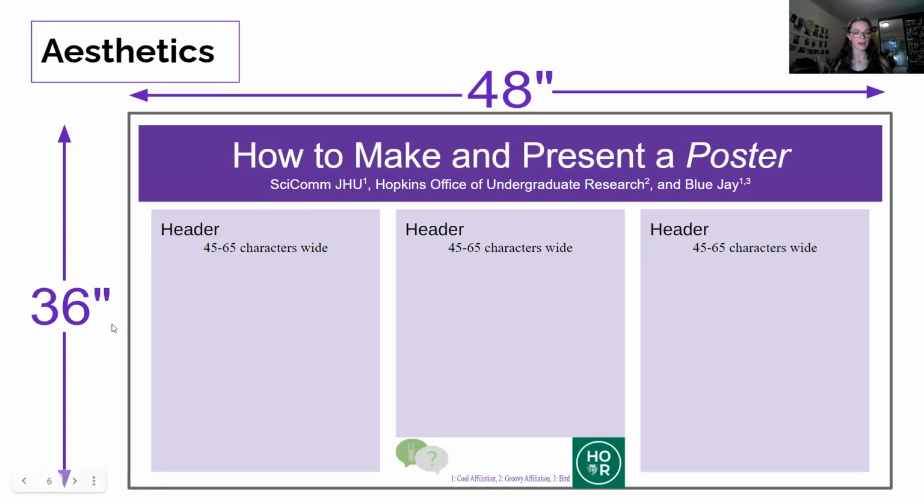Although here each of our columns or text boxes is shown in this light purple color, in reality it probably should not be. This is just to show you where the text boxes would be without typing up a bunch of text. But basically, you're going to want to only use boxes and things like that on the biggest takeaways, right? Try and leave as much white space as possible. Try and use these things sparingly so that when you do need to emphasize one big conclusion or your question